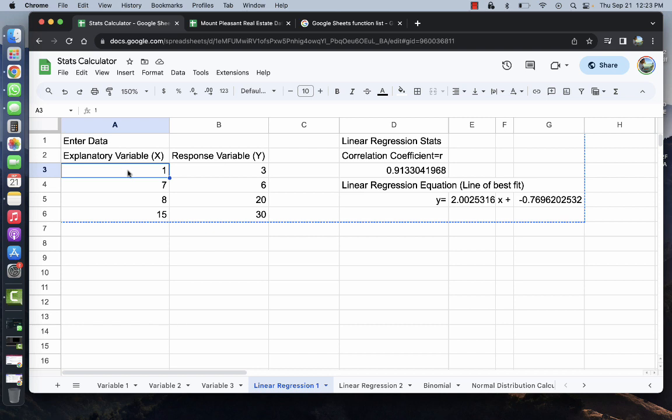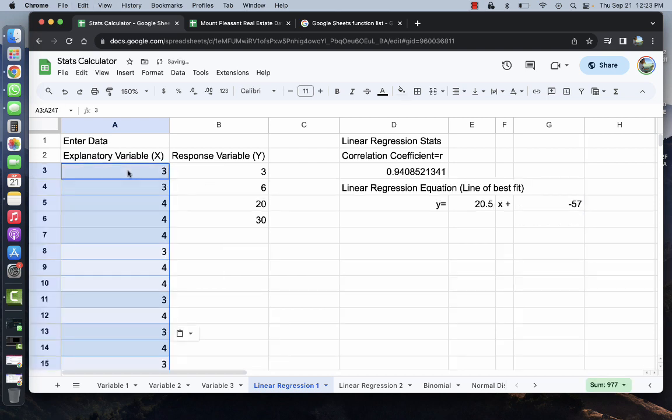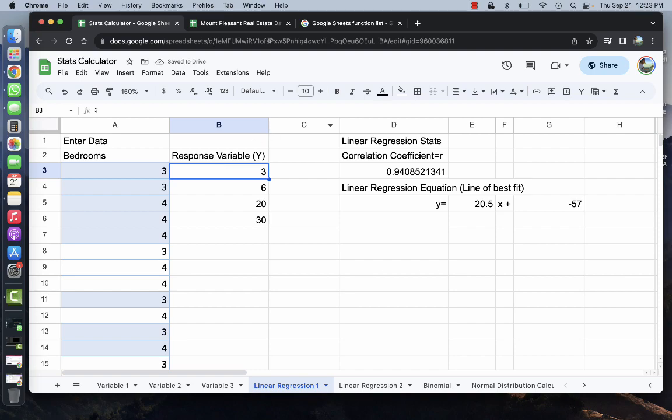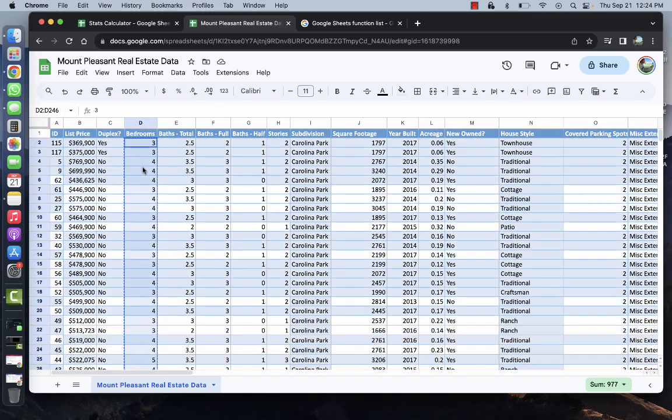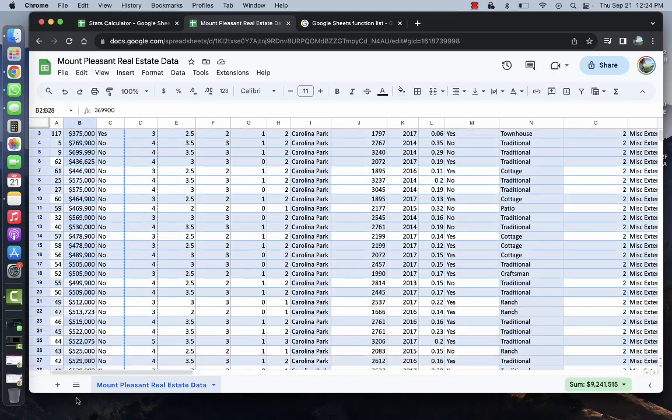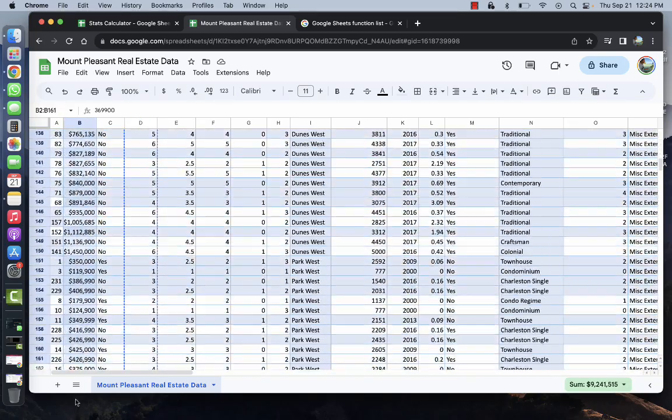So I'm going to put in the bedrooms here and I'm going to do Control V. I'm also going to change this title because now I actually have a name for this variable. I'm going to just do bedrooms. Okay, that's my X variable. I can leave the X there or not. I'm just going to get rid of it because I have a title now. And then I'm going to say, well, I think that might predict more bedrooms, higher price. So I go down here,